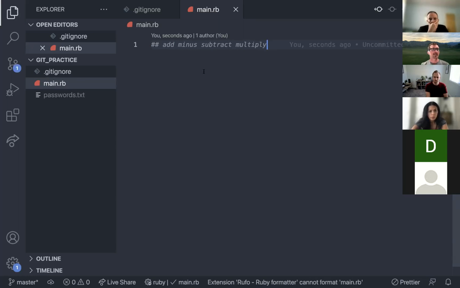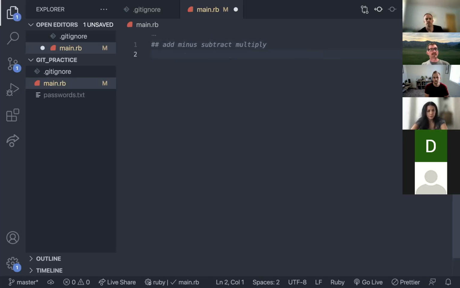Now let's just say for argument's sake that these are bigger features. This add is probably going to take me a couple hours. This minus is probably going to take me a couple hours. I mean, it's going to take us a minute, but let's just pretend it's going to take a while. Because I want to show the git flow. So when I'm working with git, I come in and